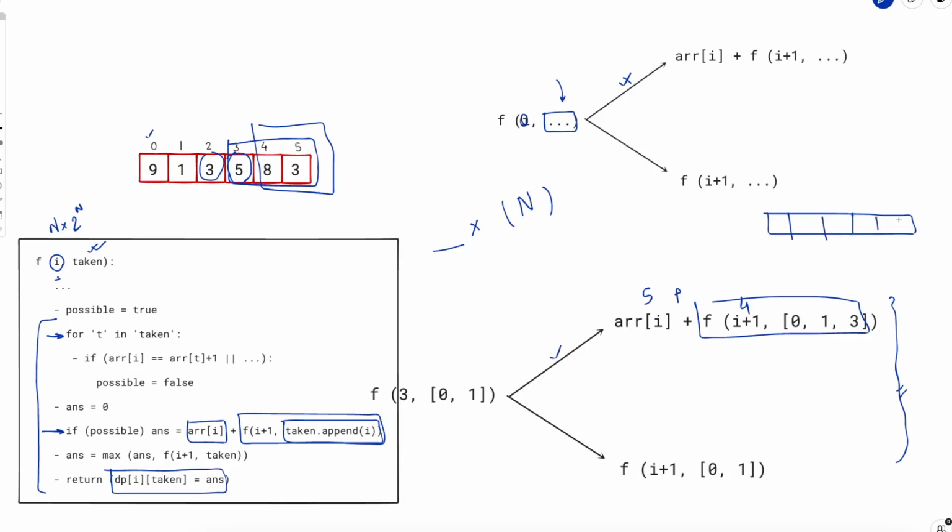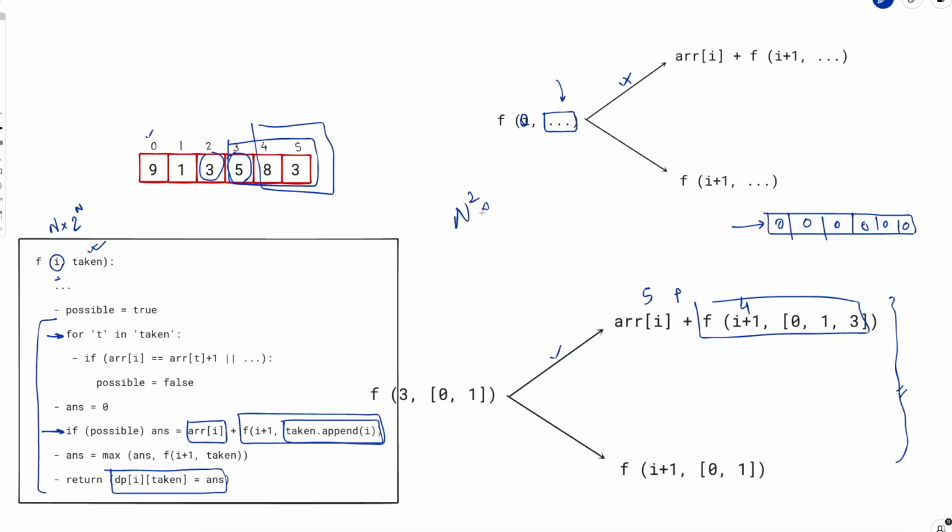And you maintain a Boolean array, which basically says which elements you have taken or not, right? So how many distinct values of this Boolean array are possible? 2 power n, and hence the number of distinct values of taken will roughly be 2 power n only. So the overall complexity is now n into 2 power n multiplied by n, which translates to n square 2 power n,